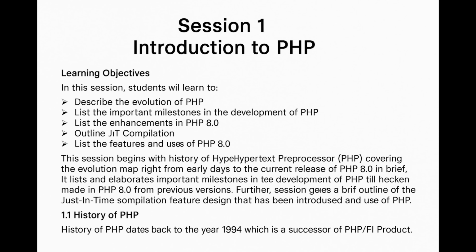The session also highlights the major enhancements in PHP 8.0, including the introduction of the just-in-time JIT compilation feature, which significantly improves the execution speed of PHP programs by compiling code during runtime. Students will also explore the new features and uses of PHP 8.0, such as improved error handling, new data types, and attributes that make development more efficient. By learning these concepts, students will gain a clear understanding of PHP's evolution, its core advantages, and its role in